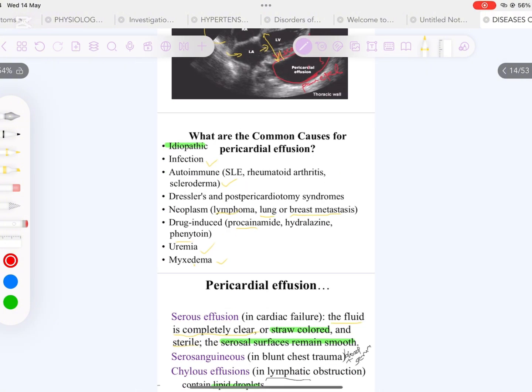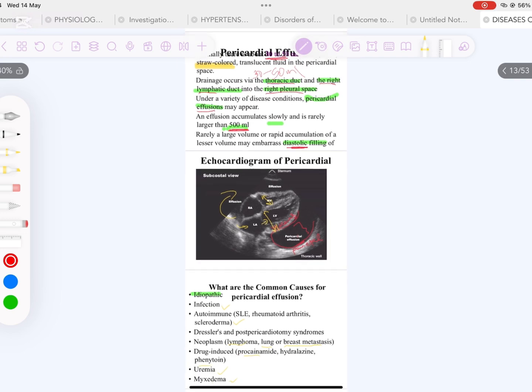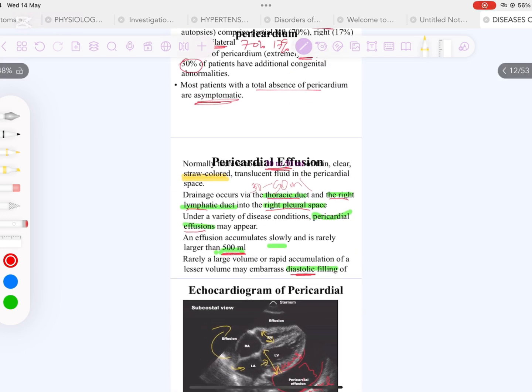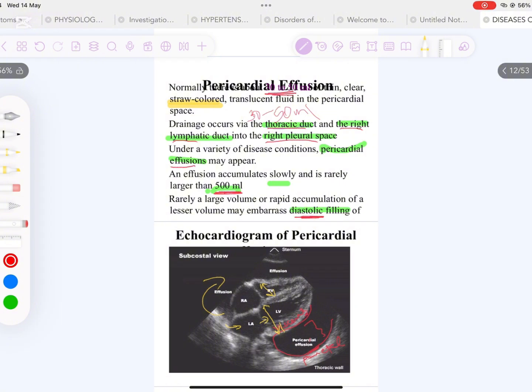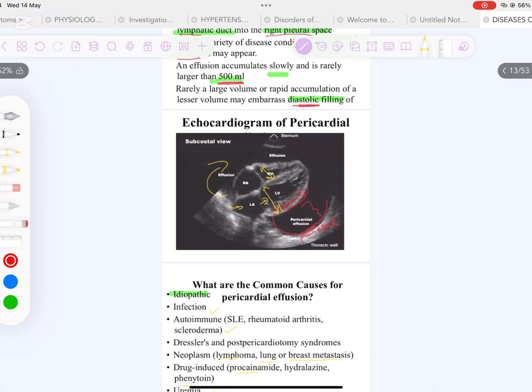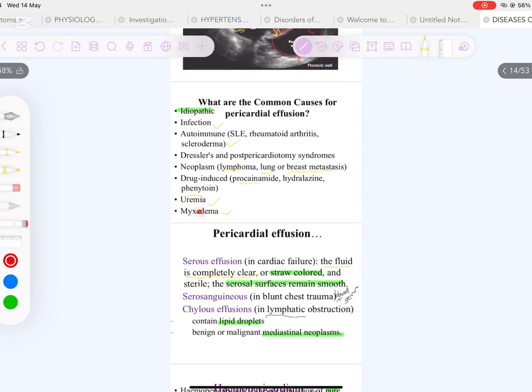So for pericardial effusion, we have actually already talked about it anyways. Or before that, let me just say, because I think I did not say it, I just continued. I did not really say it as a subtopic on its own. So normally we have like 30 to 50 ml of thin, clear, straw-colored, translucent fluid in the pericardial space. Normally it drains through the thoracic duct and right lymphatic duct, then into the right pleural space. But when it over-accumulates, it will lead to pericardial effusions,